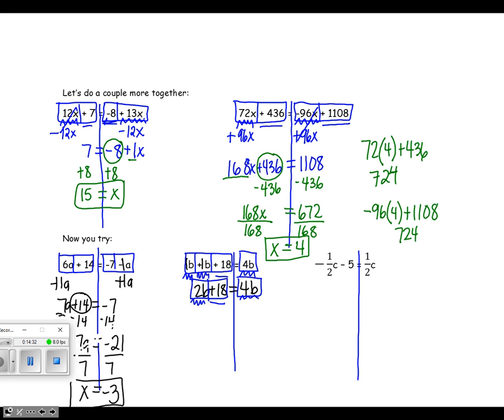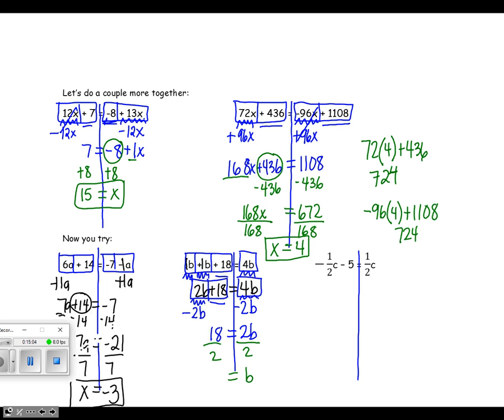So 2b is less than 4b, so I'm going to subtract 2b from both sides. If I subtracted 4b from both sides, that would leave 0 on the right and everything else on the left, and that's okay. 0 is a perfectly good number. So I'll show you that in just a second. But here we have 18 equals 2b. Then I'm going to divide by 2 on both sides to get rid of that coefficient,